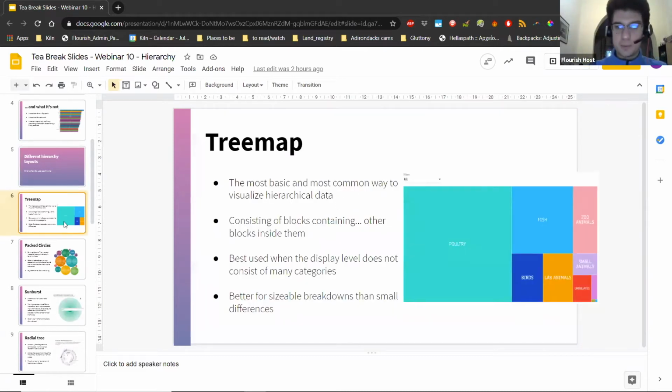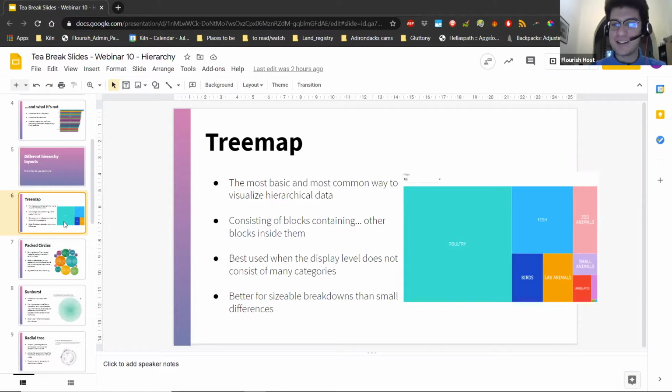Let's start with the Treemap, which is essentially the most basic and the most common way to visualize a dataset that features hierarchical relationships. It consists of blocks or rectangular shapes of any kind containing other rectangular shapes and